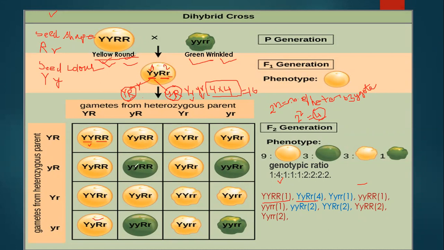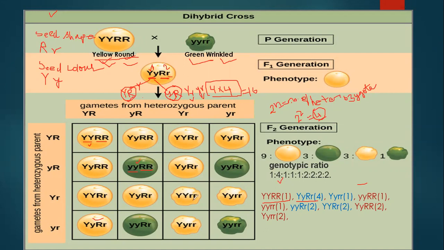Now let us see this one. For the first trait, these two are the genes, both are recessive. So green trait, small y will be expressed, that is coding for green color. And for the second trait, the two genes which are available in the offspring are both homozygous dominant. So you have a round shape seed.